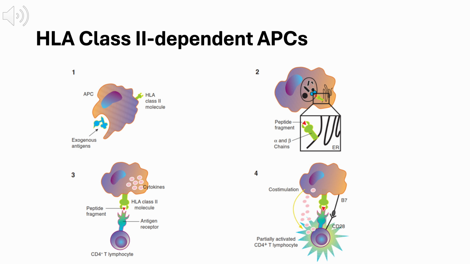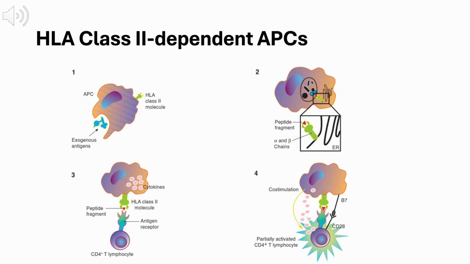This figure returns us to the class II APC, now in the context of processing. Picture the trimolecular complex we just described, rendered visually. The HLA class II molecule presenting its peptide, the T cell receptor engaging from the CD4 cell, and the CD4 co-receptor clasping the complex to stabilize and strengthen the signal. What this image emphasizes is that recognition alone isn't the whole story. The primed T cell that emerges from this interaction is being licensed to divide, to secrete cytokines, and to express